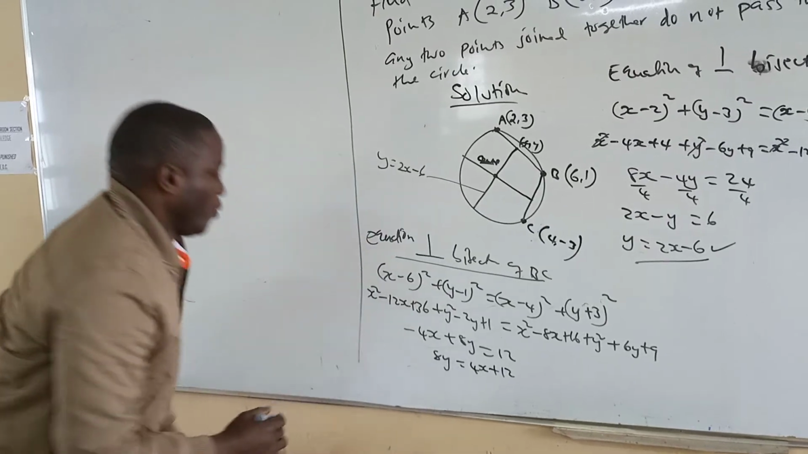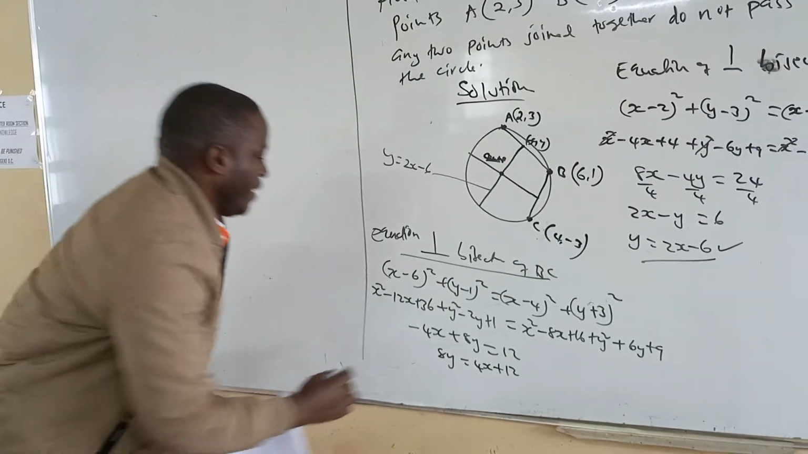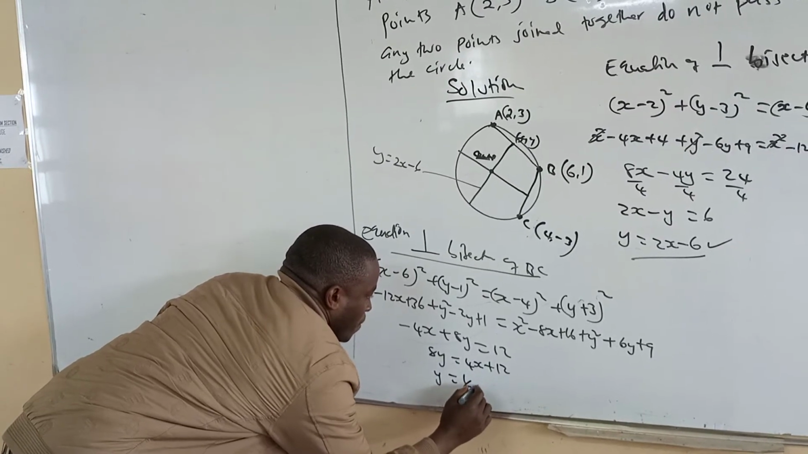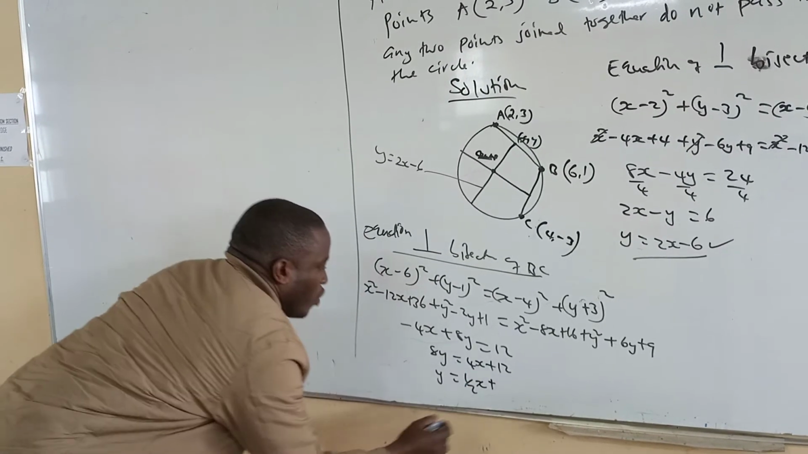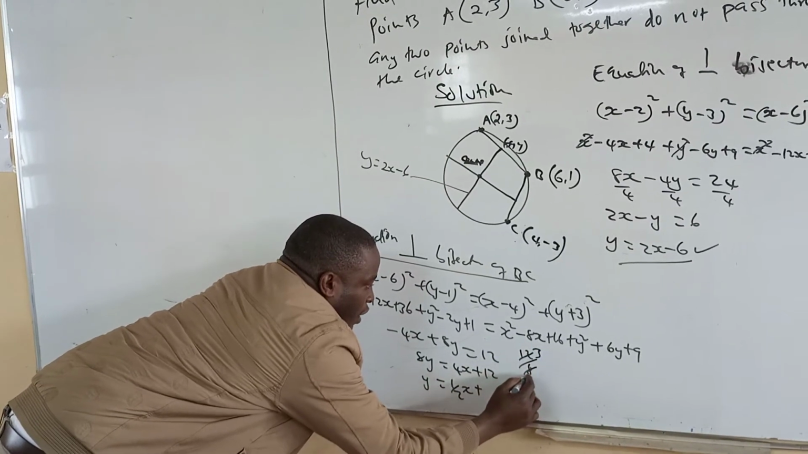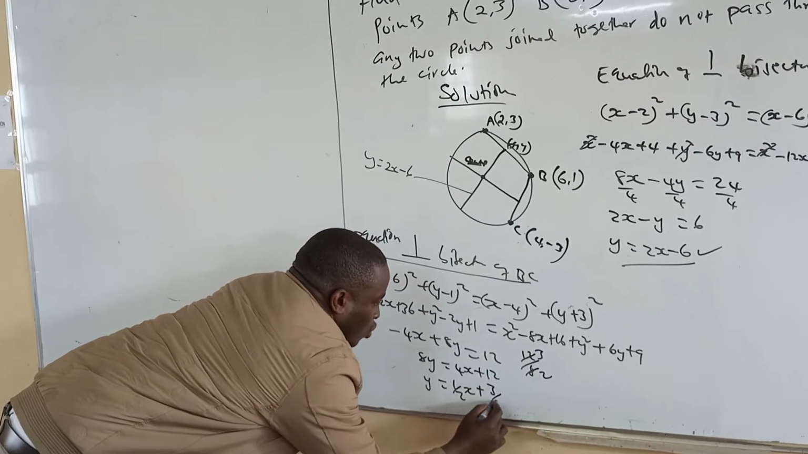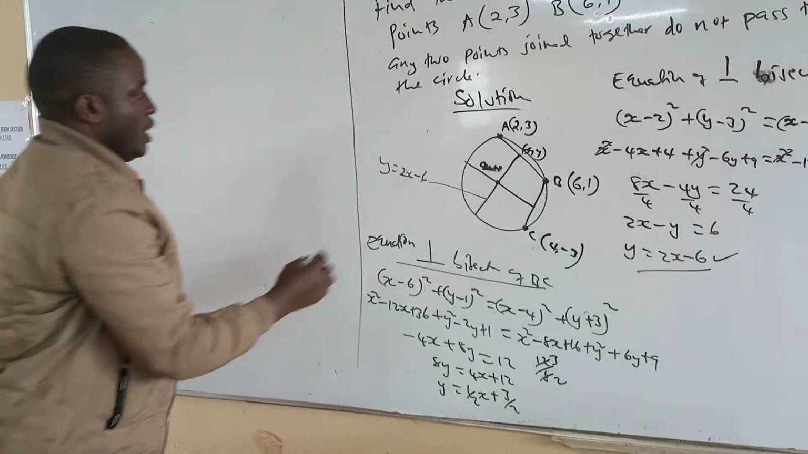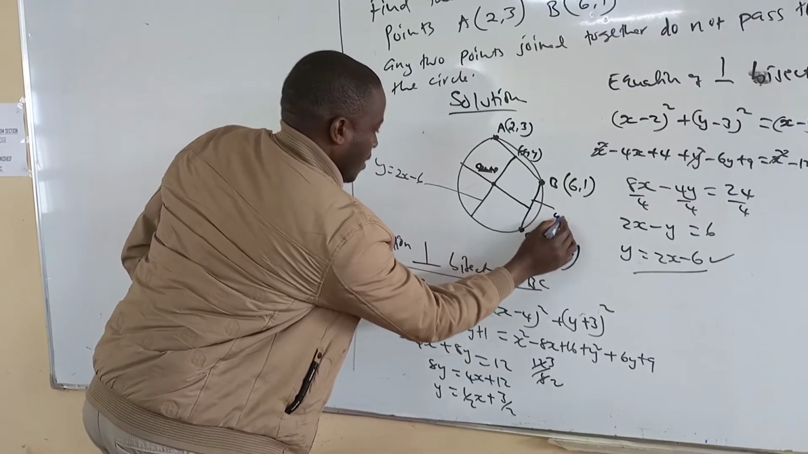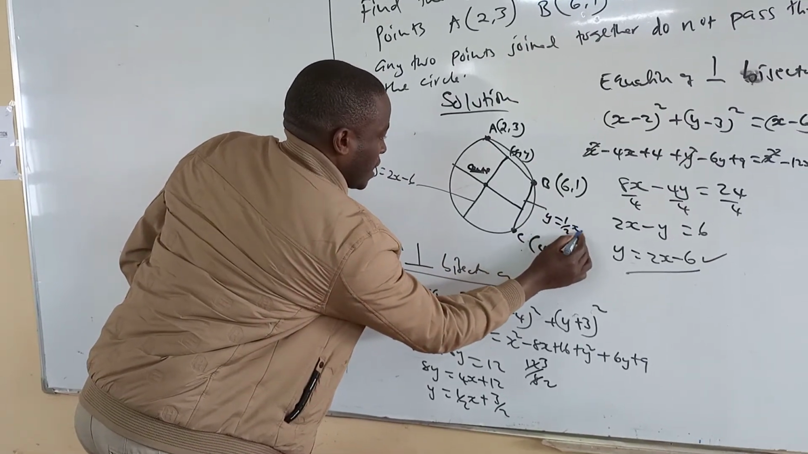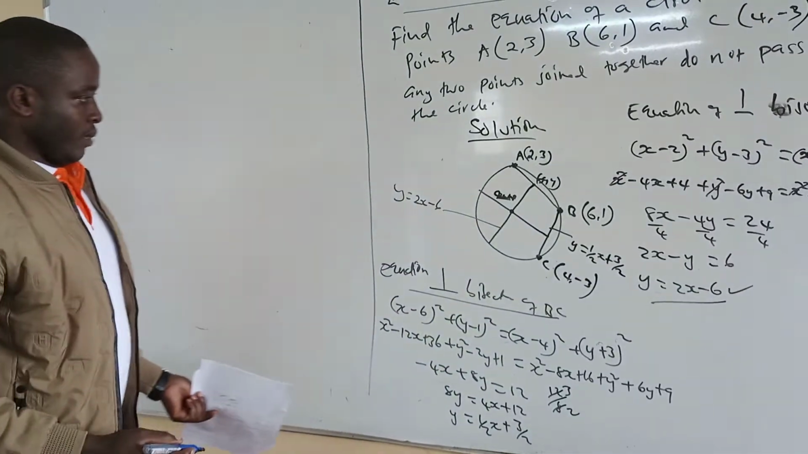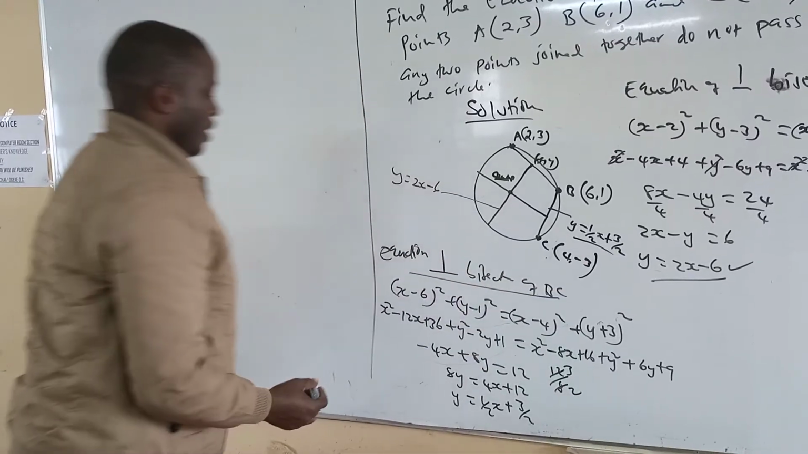If we divide by 8, we get y equals a half x plus 12 over 8, which is 3 over 2. So that becomes the equation of this: y equals a half x plus 3 over 2. So you can have it that way,